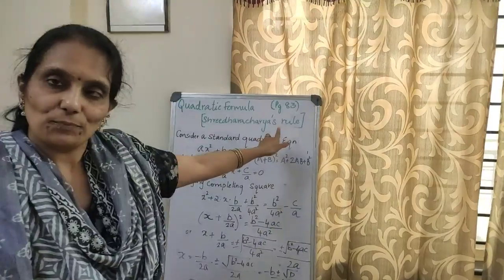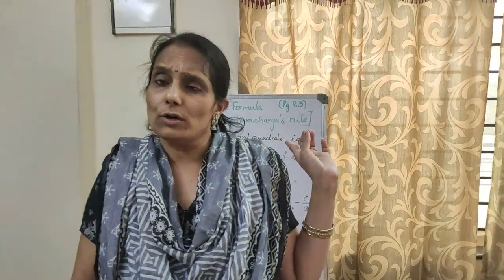Now what do you mean by the completing the square method? The word itself says you have to complete the square. But we are not looking into the different questions because it's being removed from our syllabus, from the examination point of view. But the next, third method is called the quadratic formula or Sridharacharya's rule. Now to know or to derive this formula, we need to know what the completing the square method is.